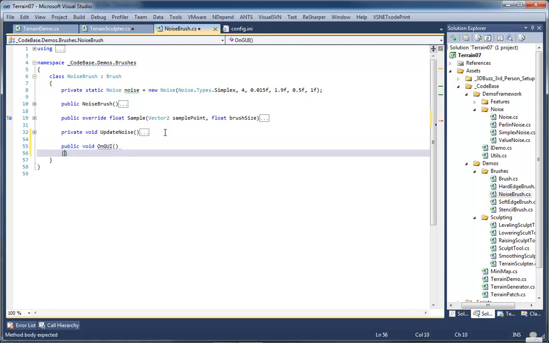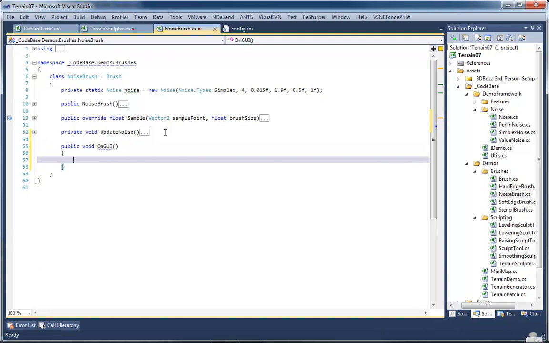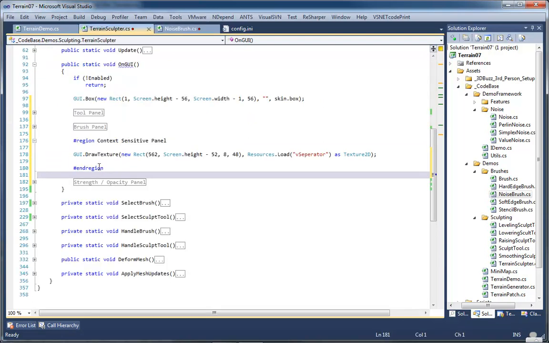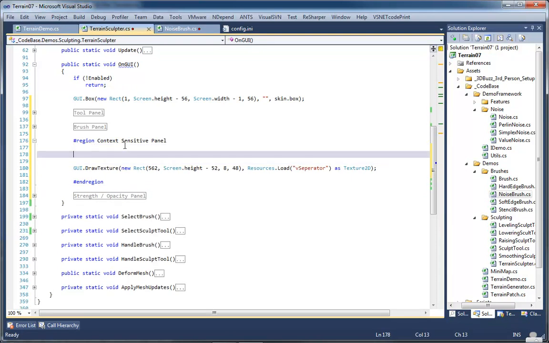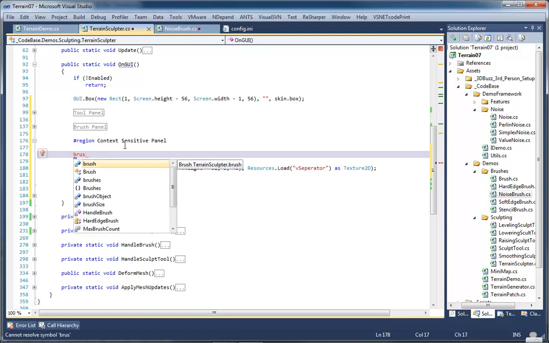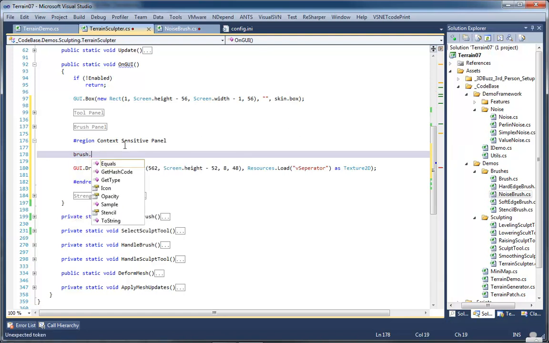We don't need to pass anything into it. We don't need to return anything out of it, but we do need to display some stuff from it. Now, before I forget and build out and wonder why we're not seeing anything, we're going to go ahead and call our brush's OnGUI, and